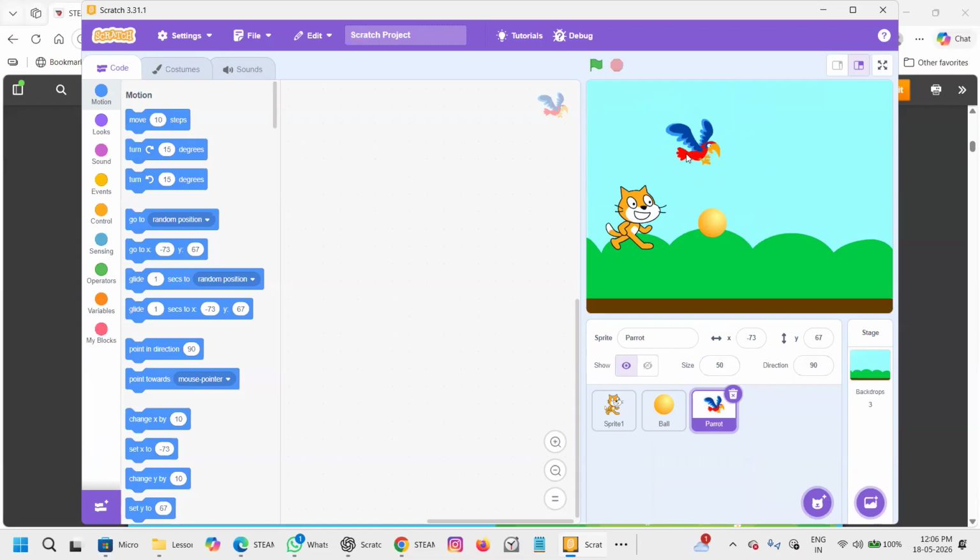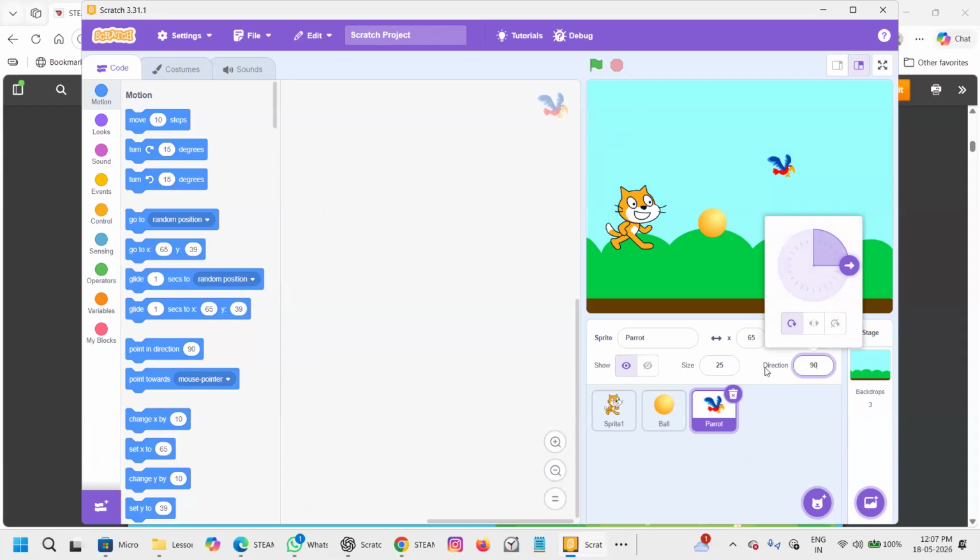This is called the bird. I can place it here. I can place it on its head. I want it much smaller. I can make it smaller, 25%. So the bird is sitting on the ball, you can see that? Enjoying it? Now, if I want to change the direction of the bird, there is direction here. Can you see the direction? Always when it is straight, it is 90.